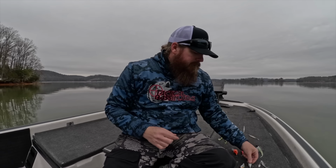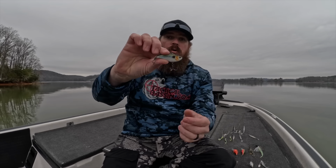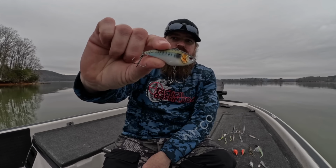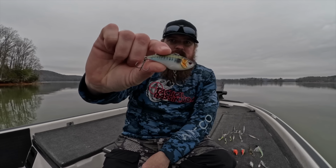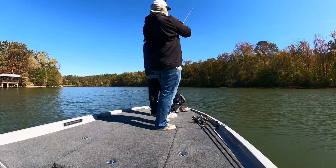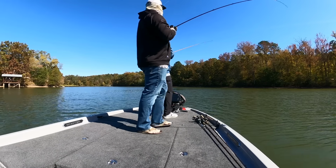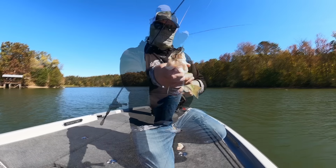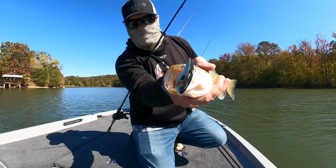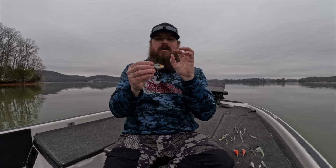And then the other one, the one I started playing with this past fall from Nomad, that's the Swim-Trex Max. This bait specifically, this is a 1/2 ounce, and you notice it's a very small lipless. I'm getting phenomenal action out of that bait. It is super aggressive. So when I pop it off the bottom, the vibration is instant, but the profile is